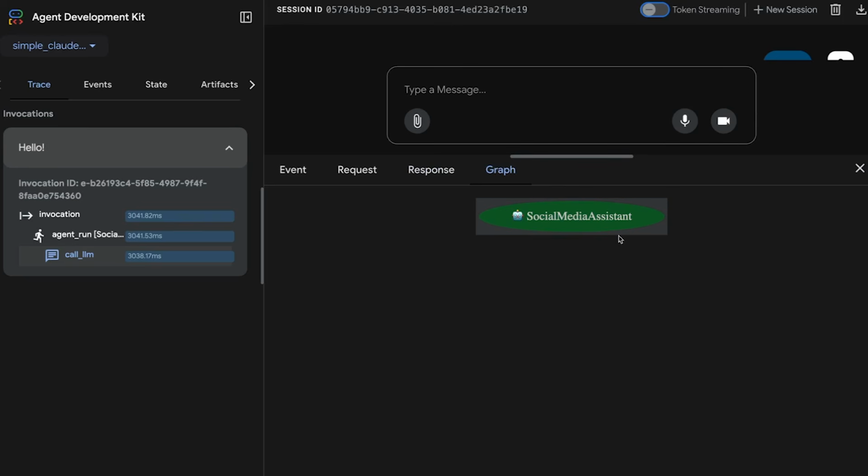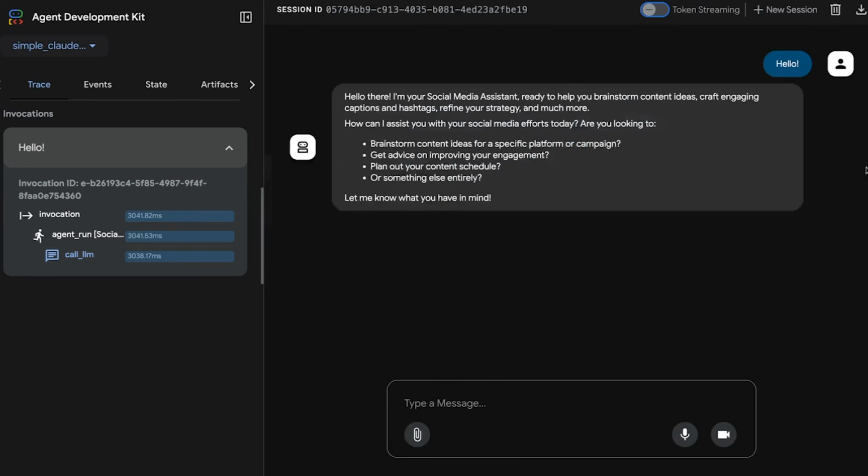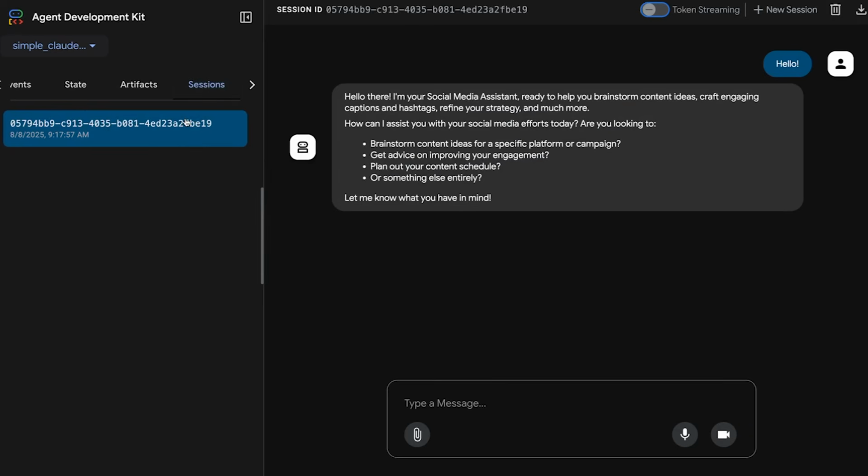It doesn't have a tool, so that's why you just have this simple representation. But we will see later, when I add a tool, how this representation changes. Another thing that I want to highlight is that I already said that everything is tracked in a session, and having this kind of interaction stored in the session will also allow us to use this web UI